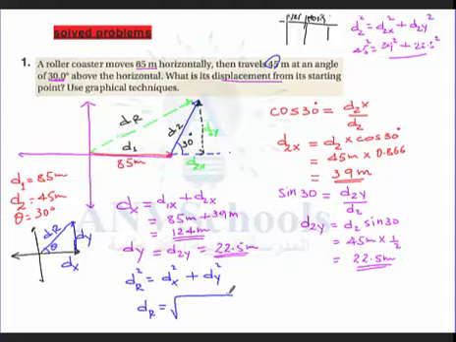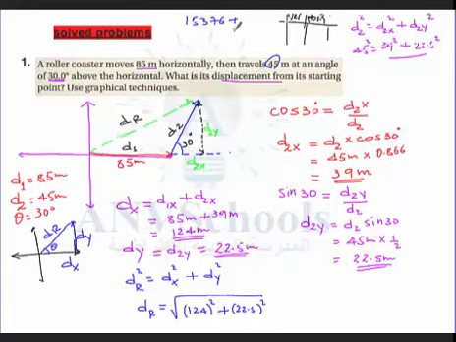Here dx is how much? 124 square, plus dy is 22.5 square. Let me use a calculator. 124 multiplied by 124 is 15,376 plus